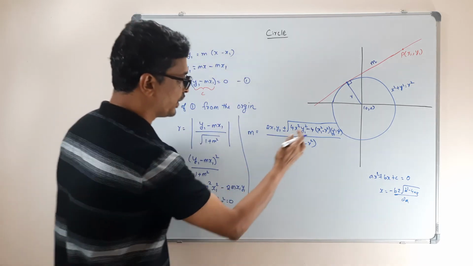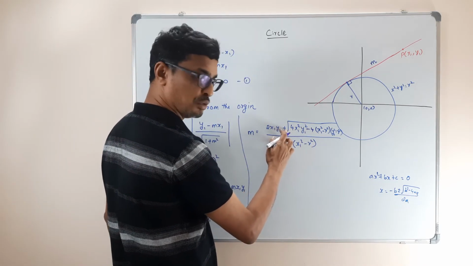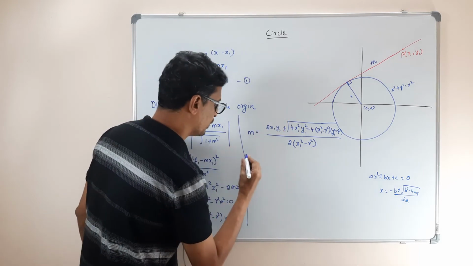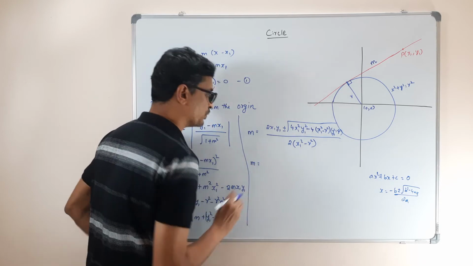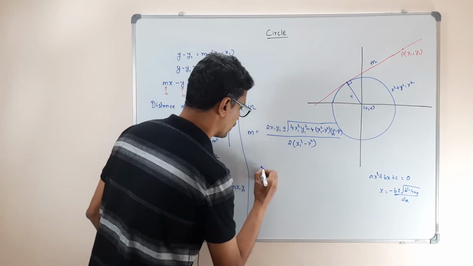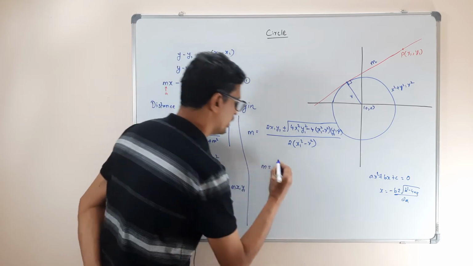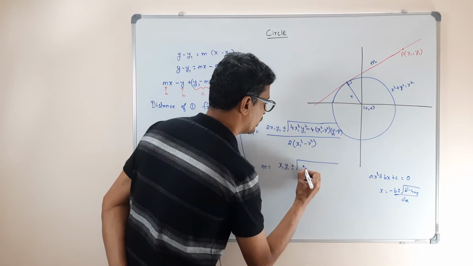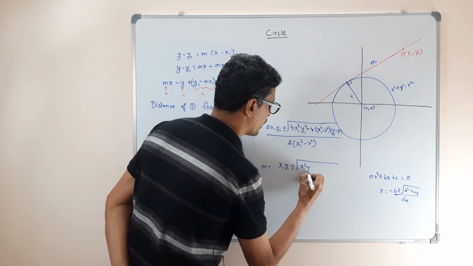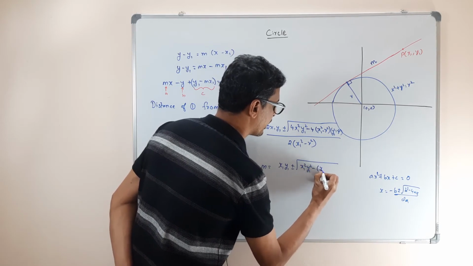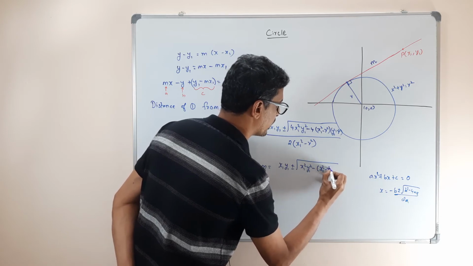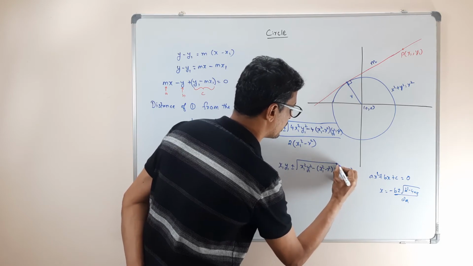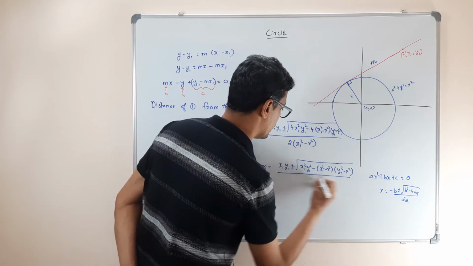If you take 4 commonly outside, this becomes 2, because the square root of 4 is 2. All these 2 will cancel. So m will be equal to x1 y1 plus minus root of x1 square y1 square minus x1 square minus r square into y1 square minus r square, divided by x1